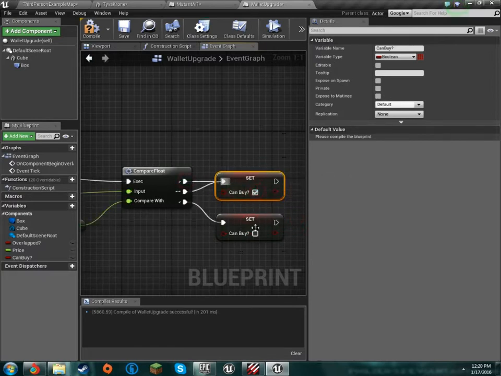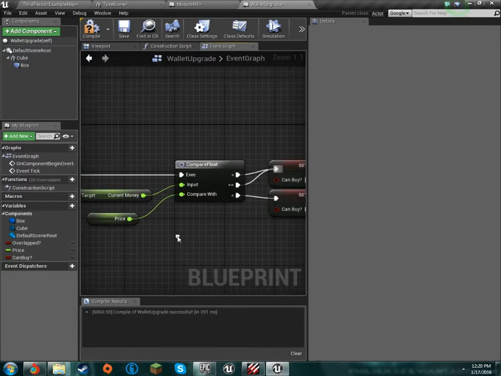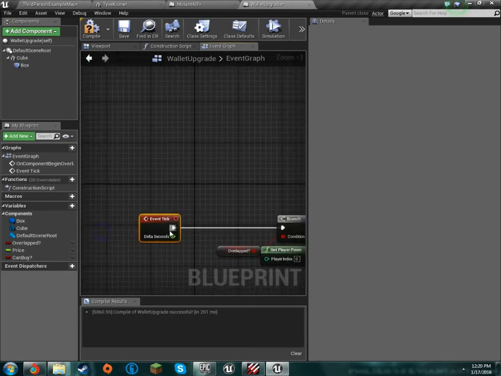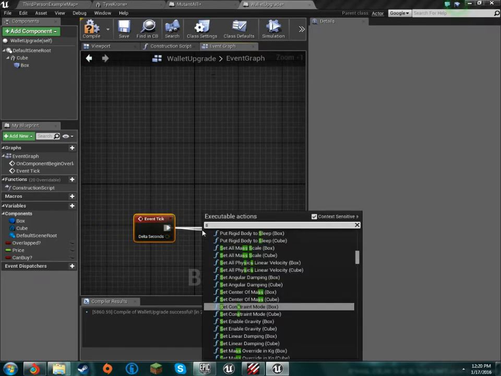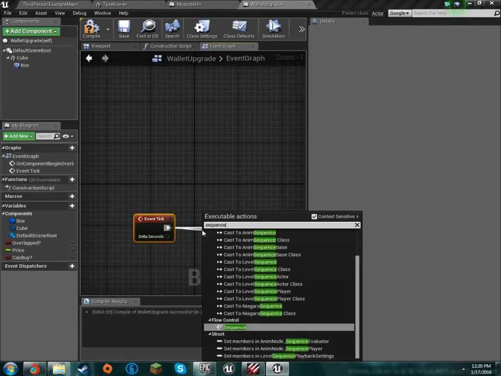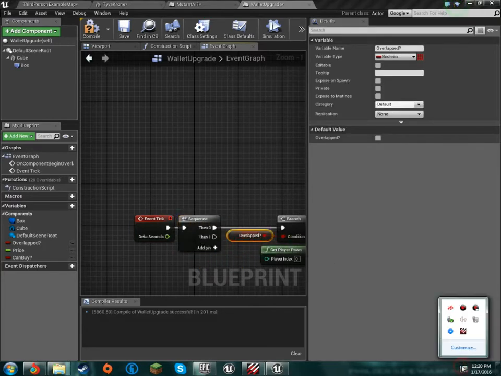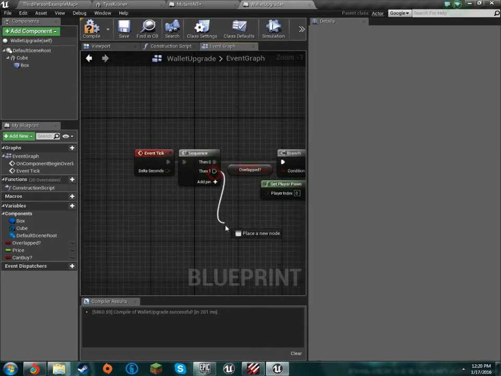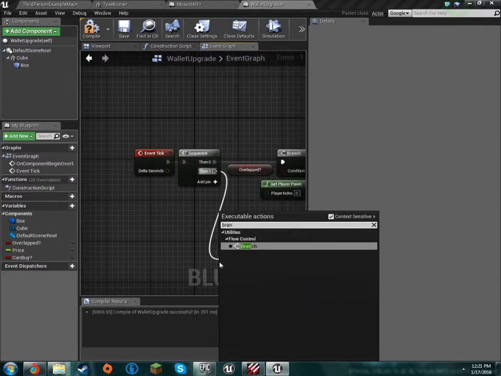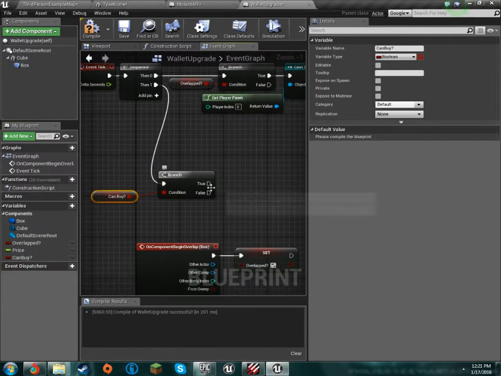Didn't check properly. To true. Now we can buy it. So that will tell the other part if we can or cannot purchase our thing. So we will sequence that and drag that down to branch can buy. Okay, so if we can,